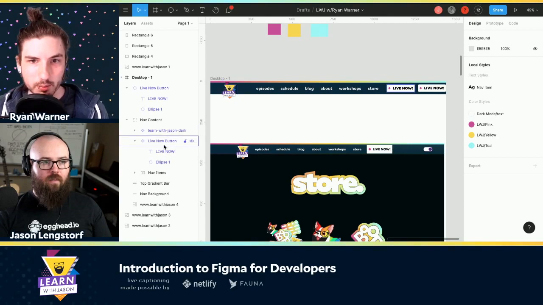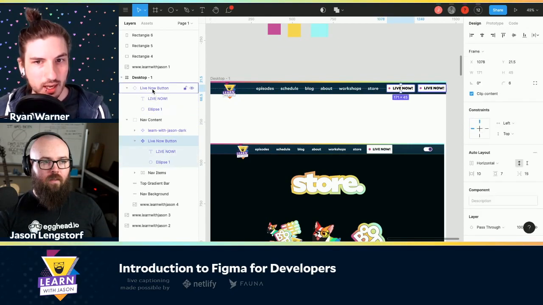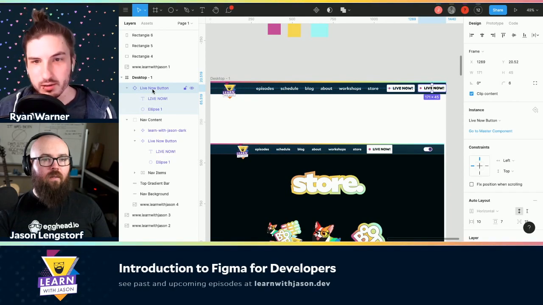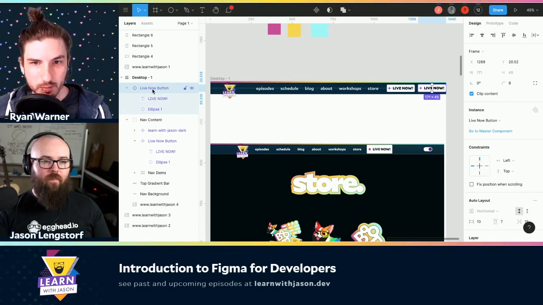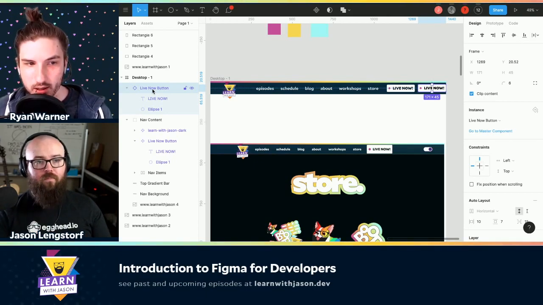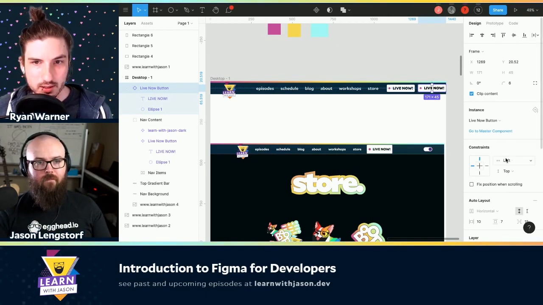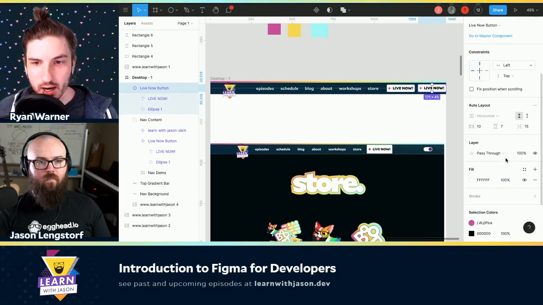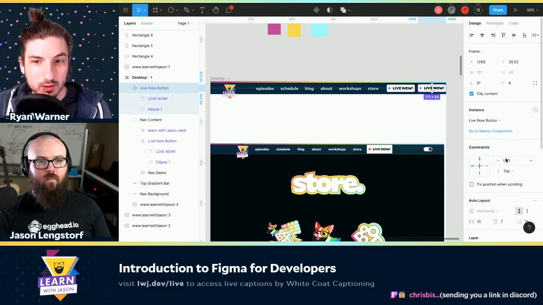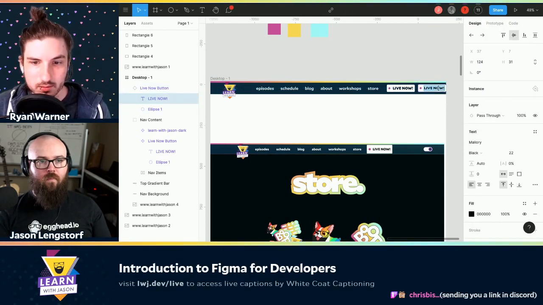But you can't change things like positioning or adding new layers. So back to what you were saying before, having two buttons that have different text on them. In our instance, we can create an override, and that override is just going to be our text. There's no special thing we need to do. We can just double click on that text and type something else.